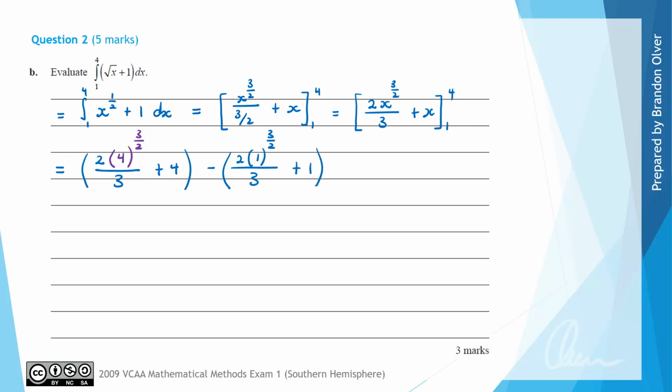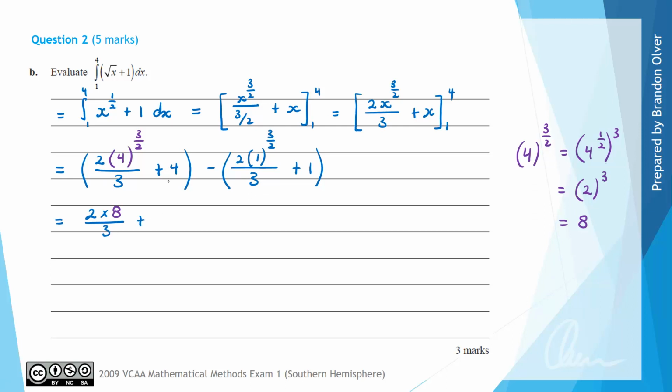plus 1. So 4 to the power of 3 over 2 is the same as 4 to the power of a half, and then to the power of 3. But the power of a half is simply the square root of 4. So the square root of 4 is 2, and then we raise that to the power of 3, which gives a value of 8. So our next line of working becomes 2 times 8 divided by 3 plus 4,